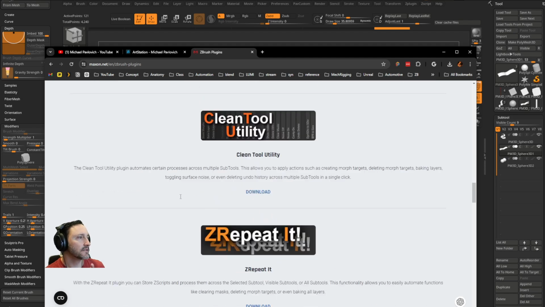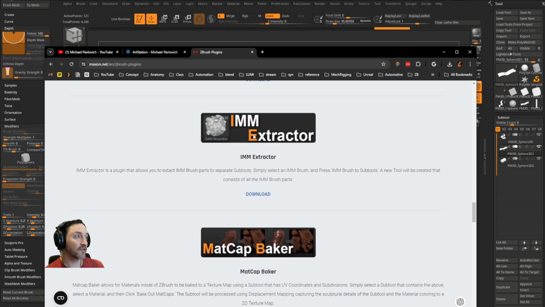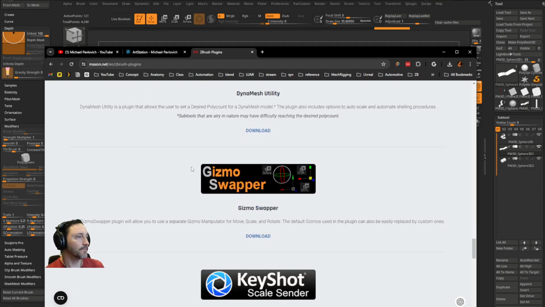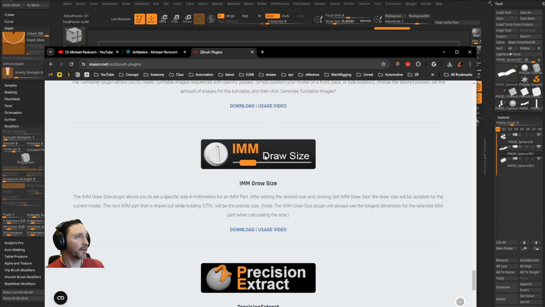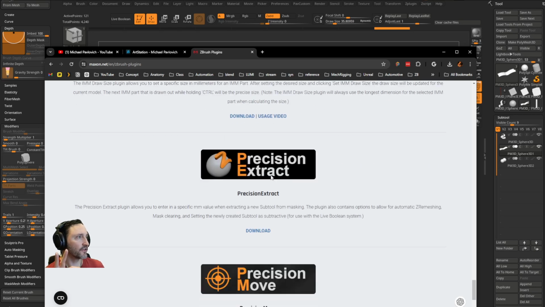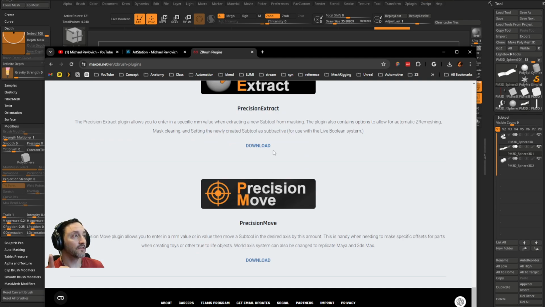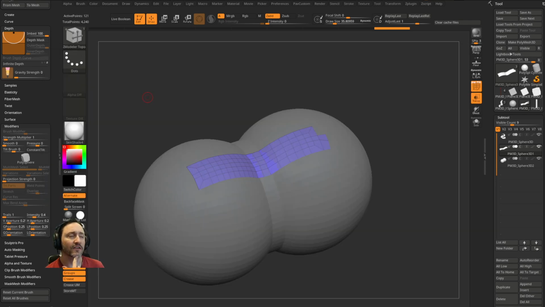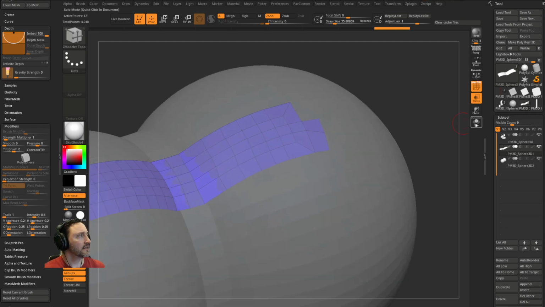There's IMM extractors that do, no, not that one. IMM draw size to millimeters, precision extract to millimeters. You can download those plugins, but as far as extruding,